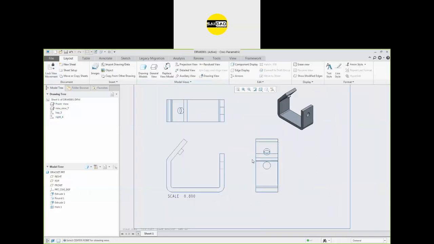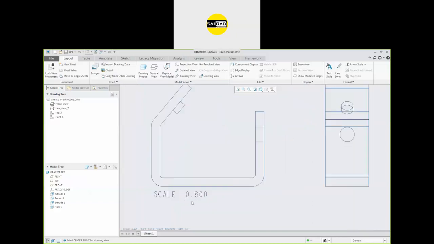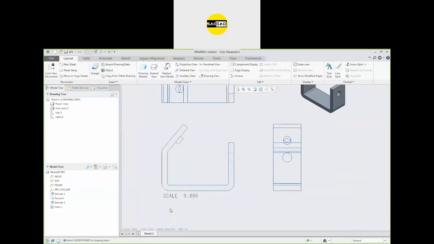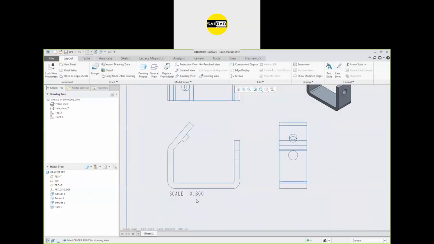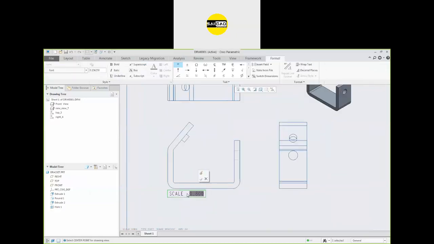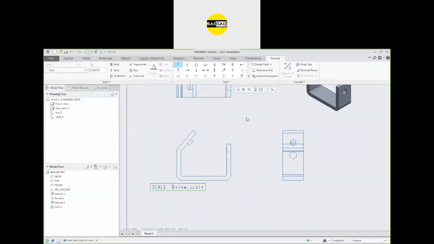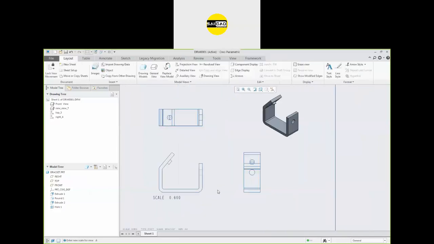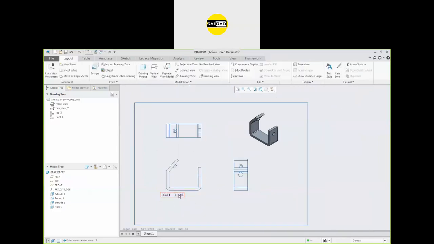Okay, so select the view, select the scale, select any property you want to change, and here you can see that the scale is written here because this is different to the sheet scale. We have the sheet scale 0.5, we have the document scale that is 8, so the scale will be 8. If you want to change, just double click, okay, and you will get the value here. You can change to 0.6, 0.8, whichever you want. Like that, you can now update the scale from here.